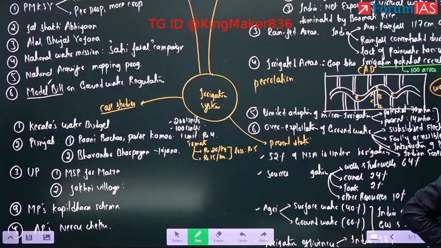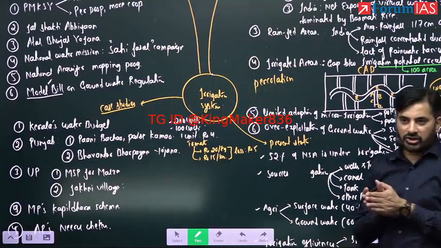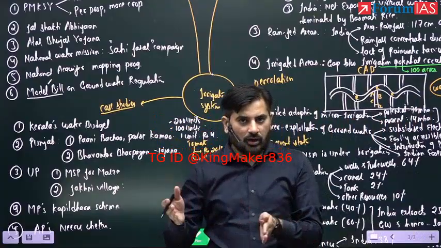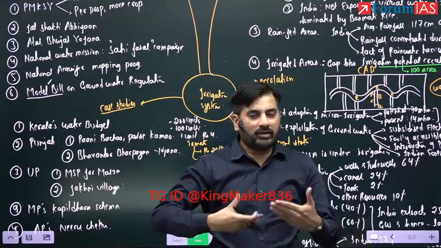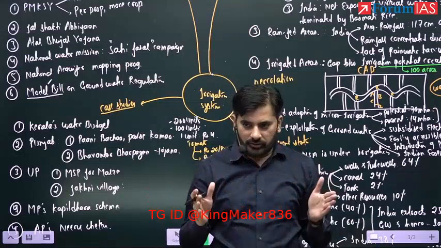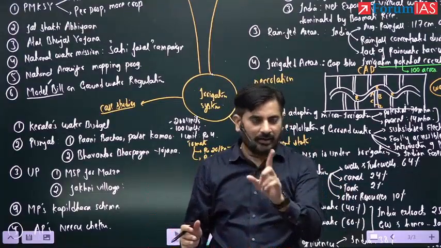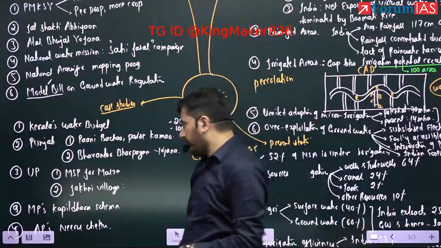National Water Commission. In the bracket, any idea which committee has suggested this? Mihir Shah Committee. So right now, with respect to institutional structure, for surface water we have Central Water Commission. For groundwater, we have Central Groundwater Board, which means there is a fragmented approach to deal with the water. We need a more unified approach. For that, the Mihir Shah Committee has said merger of these two into one single National Water Commission. Clear till here? So these are the strategies.